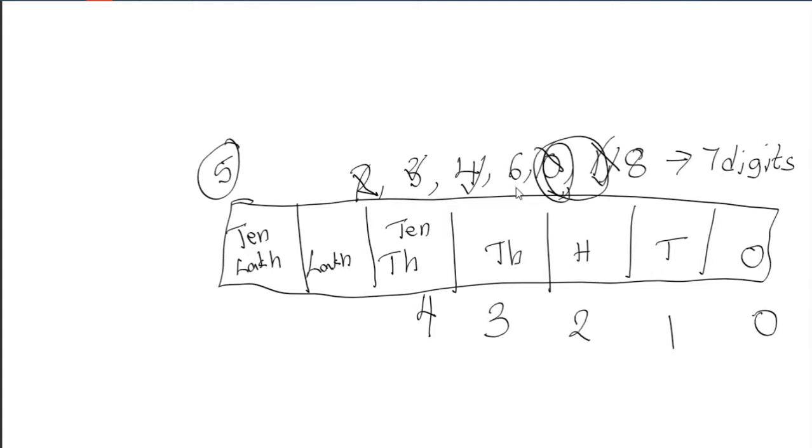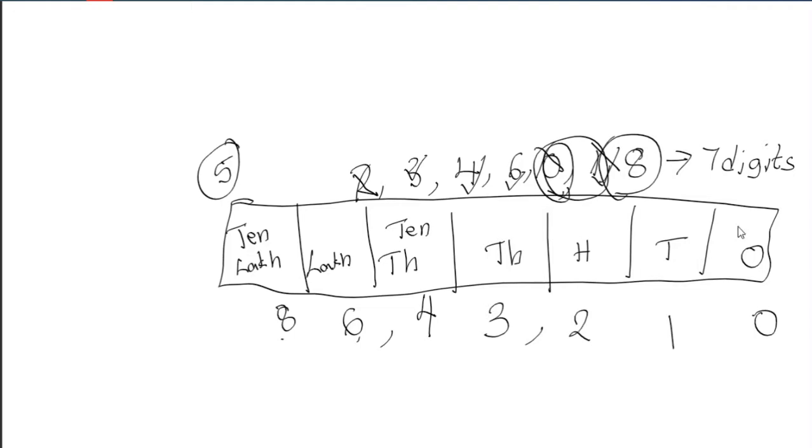So which two numbers are left? 6 and 8. Compared to 4, which is the greater? 6 is the next greater number. So you have to write 6 in lakhs place, and 8 is the greatest among all. So write 8 in 10 lakhs place. So what is this number, children? 86 lakh 43,210. Okay children, I hope that you understand how to write the greatest number.